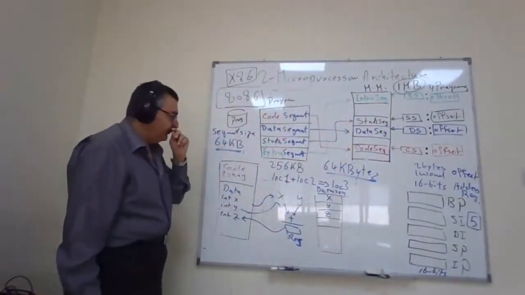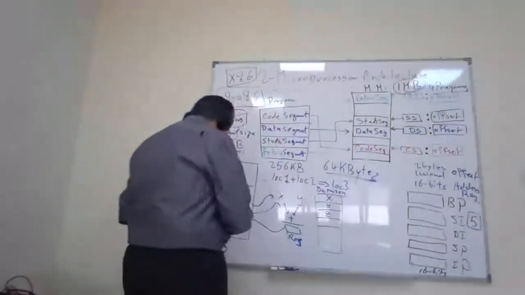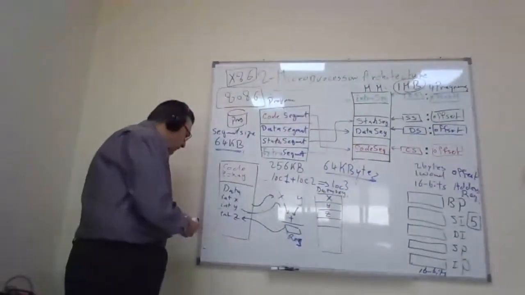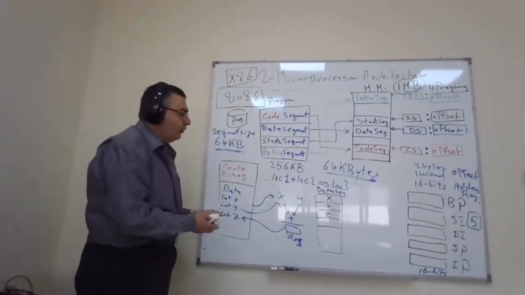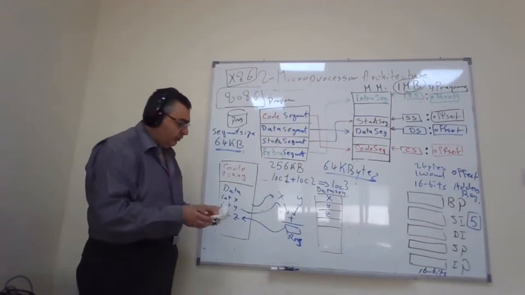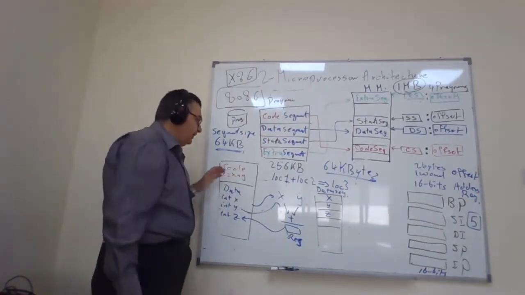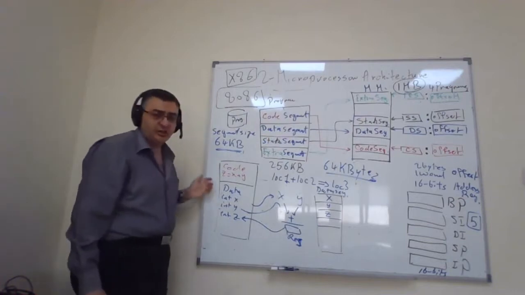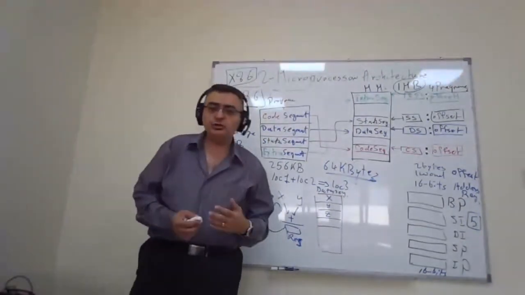In the last lecture, we also started explaining why we have what's called the logical address and the physical address. I started demonstrating this example from the high-level language, and I just wanted to indicate to you